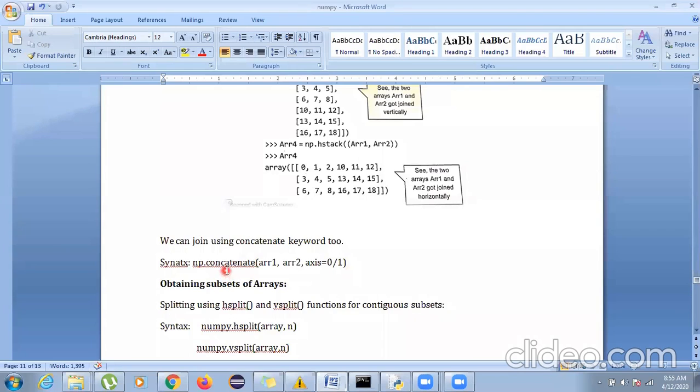So when you concatenate, like hstack and vstack where you define with H and V, in a similar way, for concatenate, you define the axis. If you are saying axis 0, it will add up vertically, and if you say axis 1, it will take it horizontally. What is the original list 3 and list 4?